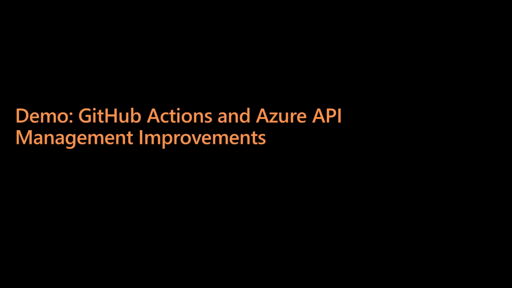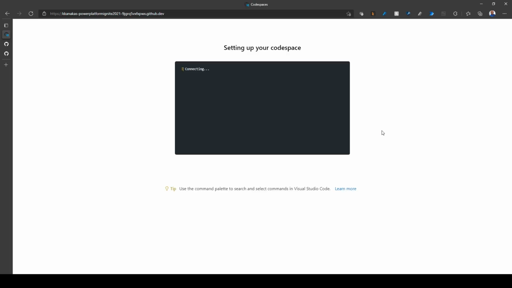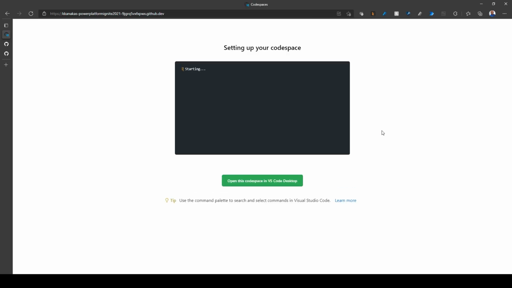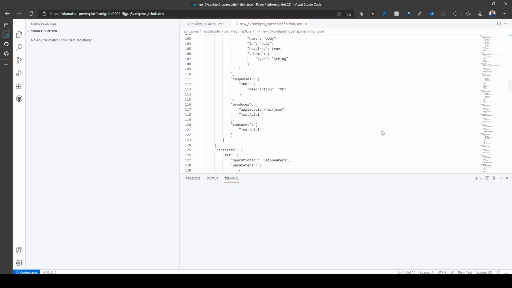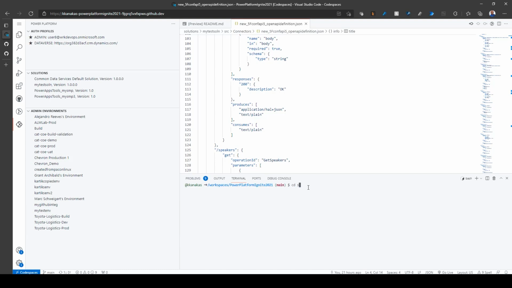So let's look at exactly how this experience looks. Let's start off with GitHub Actions. So I'm going to go back to my Codespace instance, where I've gone ahead and built the artifact. Just for grins and giggles, I'm going to commit my solution changes directly into a folder. So again, I'll go build it. Here I am building the artifact in question. So again, I'll do a .NET build. And what this will do is create a zip file.